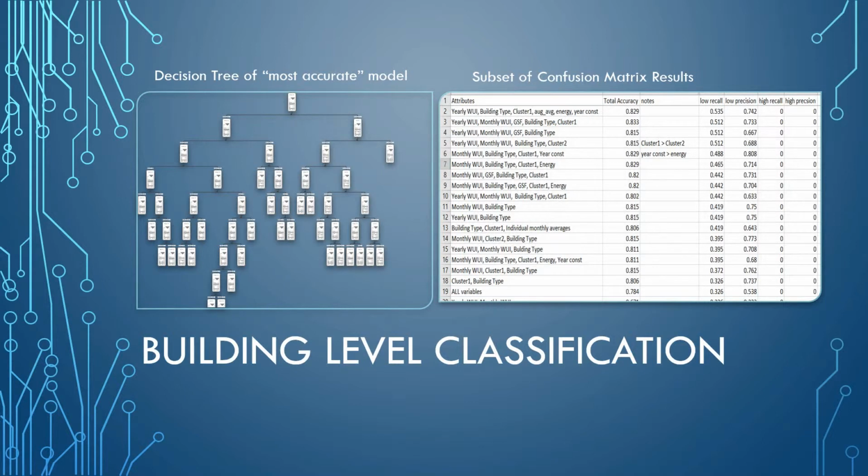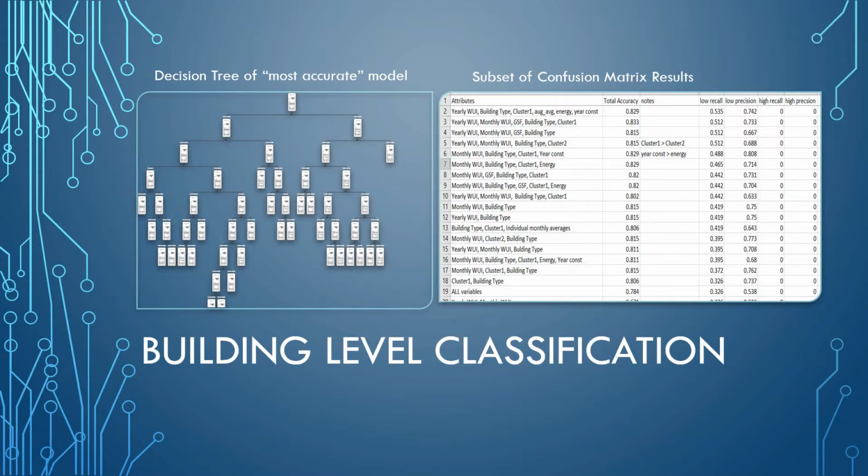For the building level classifier, I used the random forest algorithm and ran over 30 different combinations of attributes using leave one out cross-validation. As you can see on the slide, the random forest classifier results in a pretty complicated decision tree, so there's probably some risk that these models were overfitted. Total model accuracy